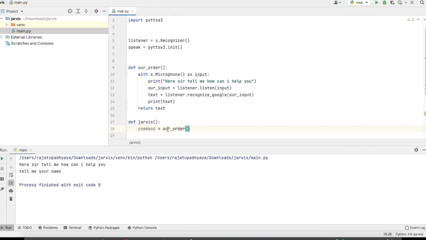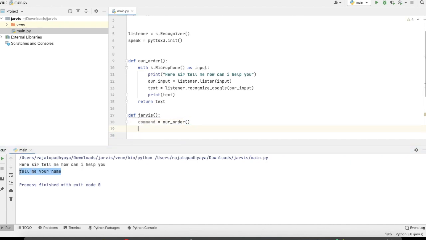So our order is our text, which we pass here. Now in the command variable we have the text of whatever we order Jarvis.